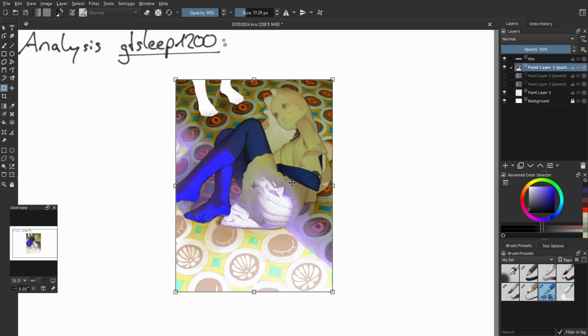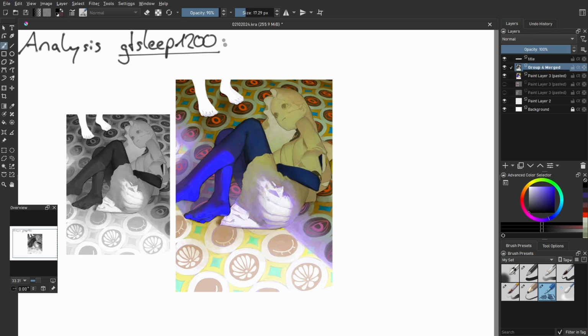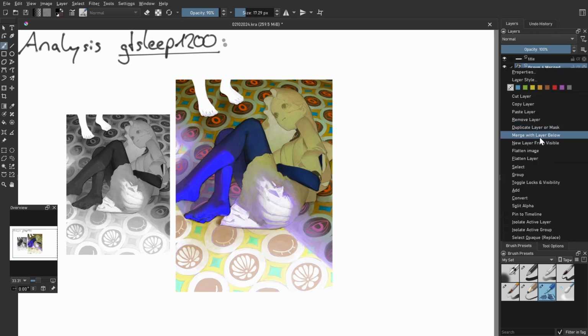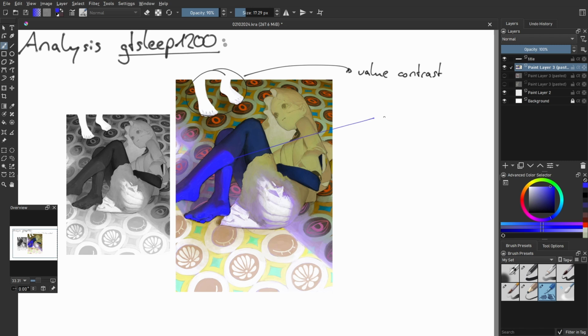This next drawing has a lot to unpack, and it is the drawing I like the most amongst all of gtsleep's art. Although the highly saturated blue legs are the main focal point of this drawing, what immediately captured my attention after that is these two white feet. Actually, they show us another way to create contrast, similarly to how in the last drawing one place was rendered and the rest was not, but here everything is rendered aside from these feet. Plus there is a value contrast as well, so the feet really are one of the focal points of this